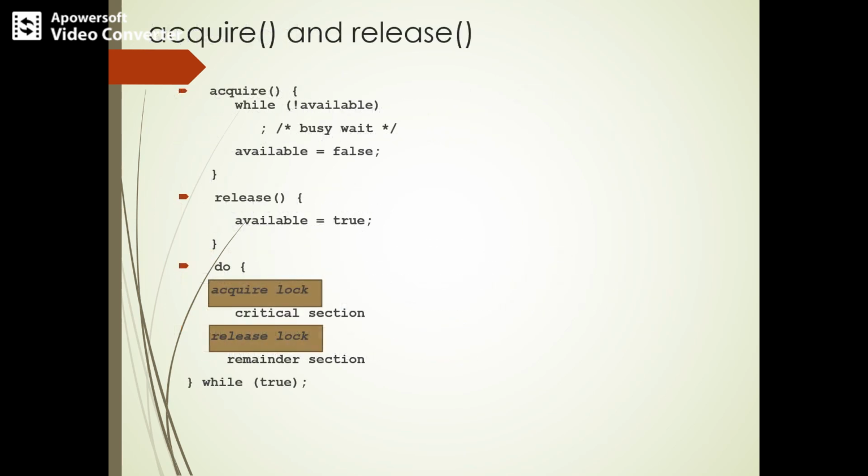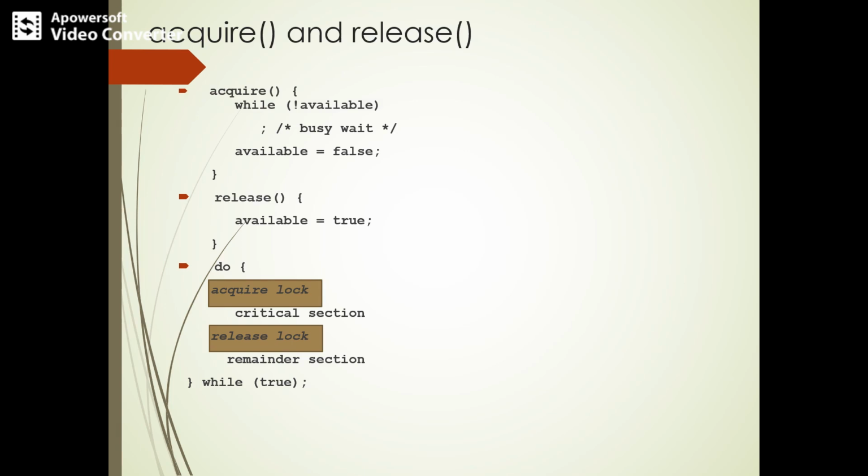So this is about acquire and release lock. Whenever a process wants to enter into the critical section, it has to acquire the lock. The lock has to be set for that particular process so that no other process can gain access into the critical region. Once the process has finished updating its variables or writing into the memory or performing any such critical task, it has to set the lock to false. That is, it has to release the lock. And then any other process in the remainder section which wants to gain access into the critical section can continue by acquiring the lock.